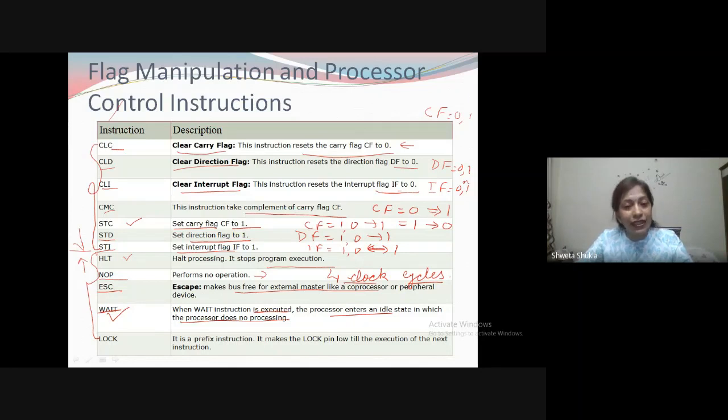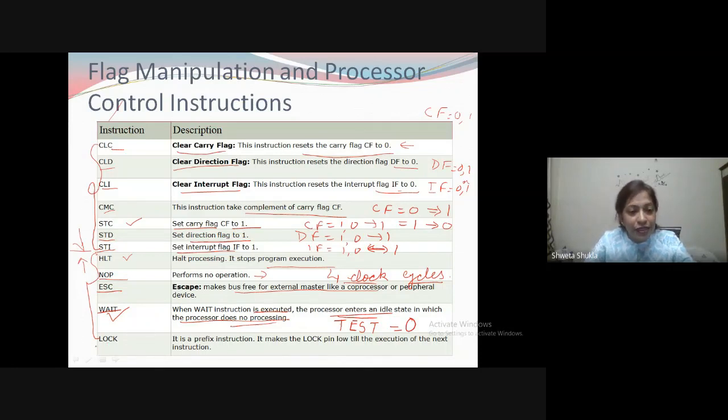Nothing will be going on during this instruction. Remember this. Until then, the processor does not process, so the external devices can use the buses. This wait state only ends when the test pin of the 8086 microprocessor goes low. That means we have a test bar, and when it goes low, the processor starts processing again.